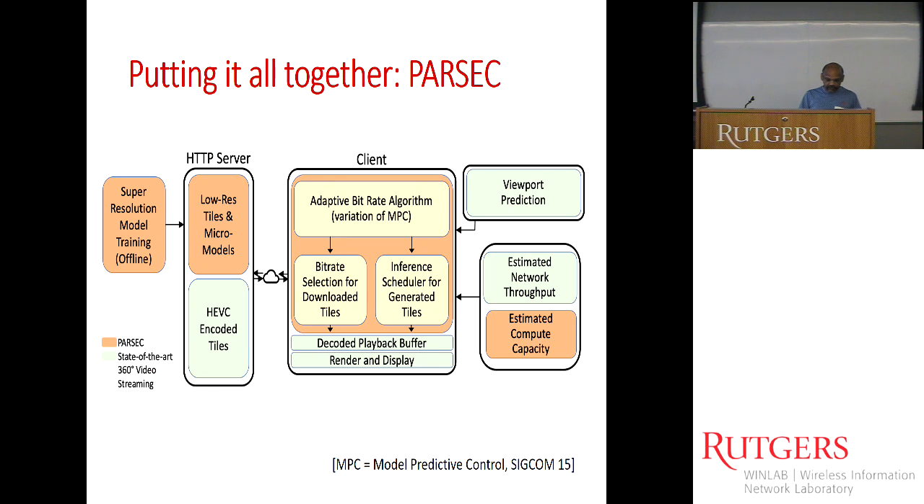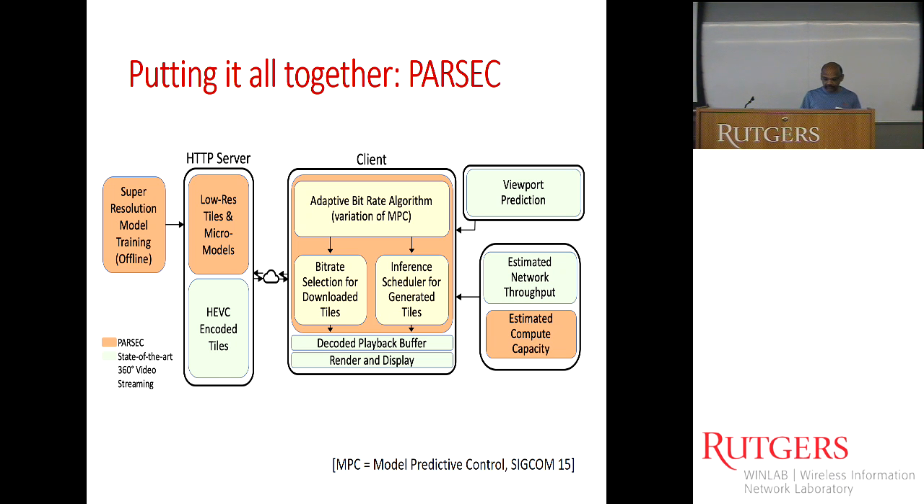You do some offline training to generate the super resolution models. And then the server has this low resolution version of the image, or the tiles rather, and also the models. And also it has the HEVC encoded tiles, the same as regular video streaming. And for adaptive bitrate control, we have a variation of a protocol that has been widely used in the community